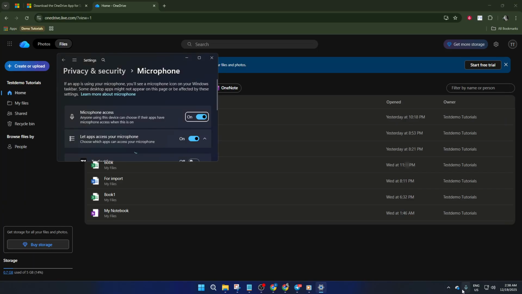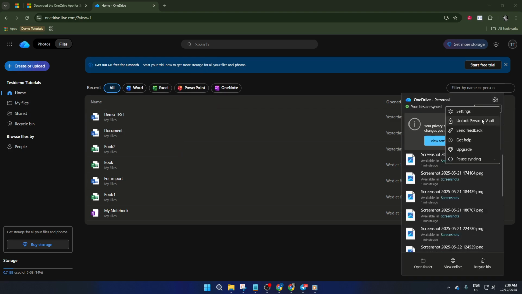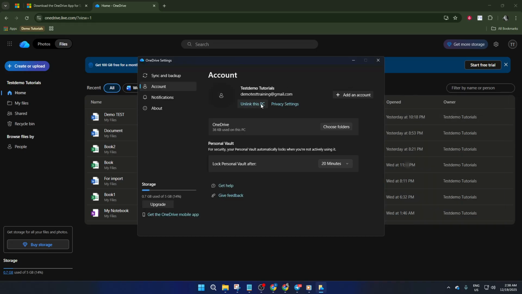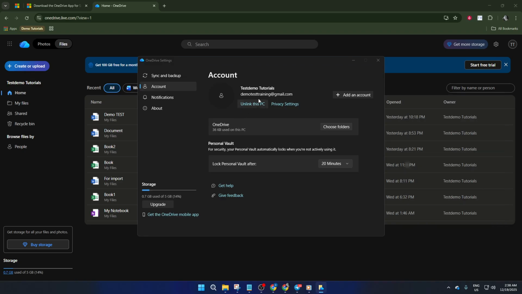First things first, to stop OneDrive from syncing files to your PC, you'll need to unlink your account from the OneDrive app. Unlinking basically severs the automatic connection that copies files between your PC and your cloud storage. To do this, locate the OneDrive cloud icon down in your system tray, right-click it and go into the settings. Inside, you'll find the option to unlink this PC. Clicking this stops all new syncing, so your files stay safely in the cloud and aren't automatically downloaded or updated